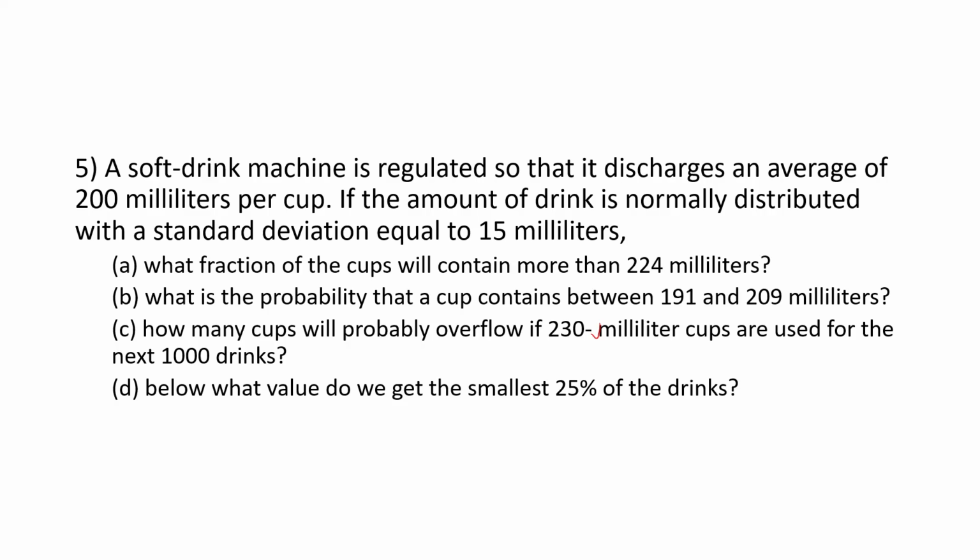Once you press the button, that 200 ml is supposed to come out of it. But sometimes what happens is, as you're pouring a cold drink, bubbles and all come. So because of the pressure and other factors, it might not come out exactly equal to 200. So they're saying there's a deviation here of 15 milliliters. So it can be anything between 185 to 215 ml in a cup. Now this is an automated machine which is filling that.